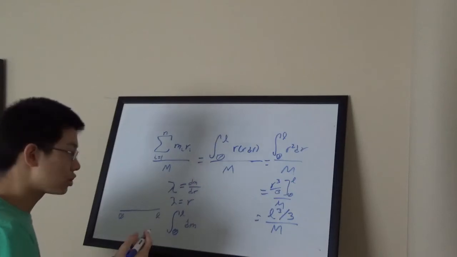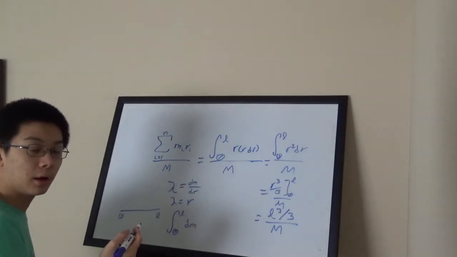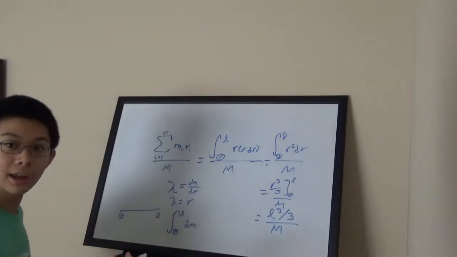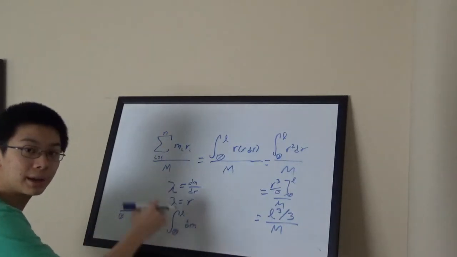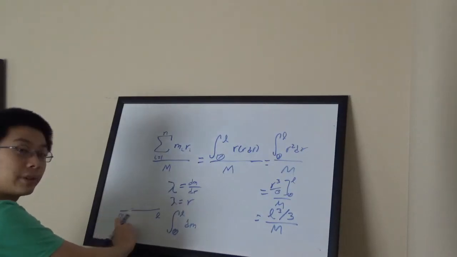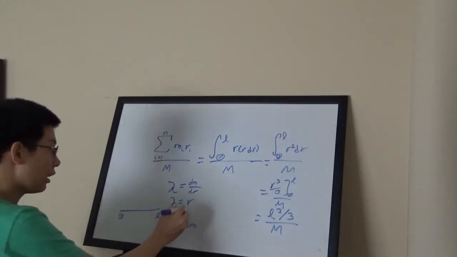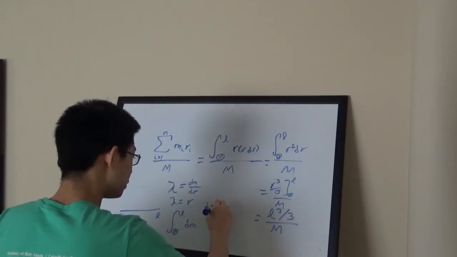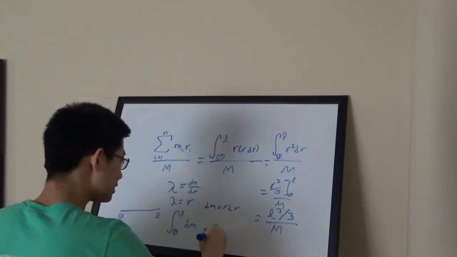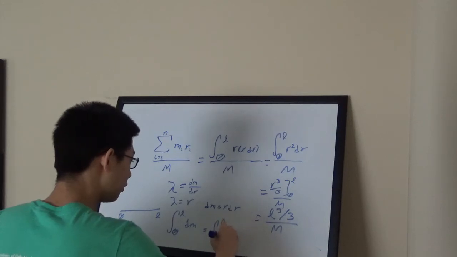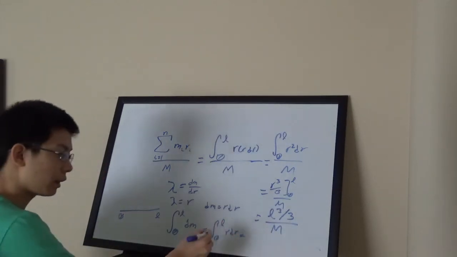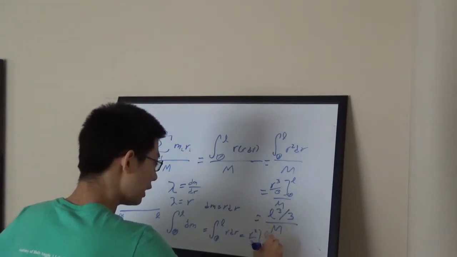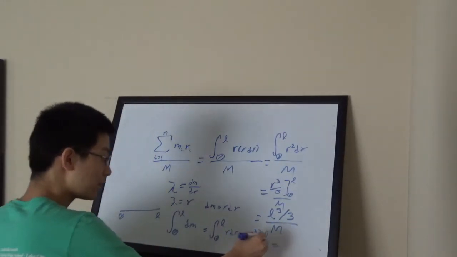It's just like if I wanted to find what x was, I would just integrate dx and I get x. If I want to find the total mass, I integrate dm, the change in mass, along the entire system to find the whole mass. Again, I plug in my relation that dm equals r dr. So if I integrate this, I get the integral from 0 to L of r dr, and what do I get? I get r squared over 2 from 0 to L, and this ends up being L